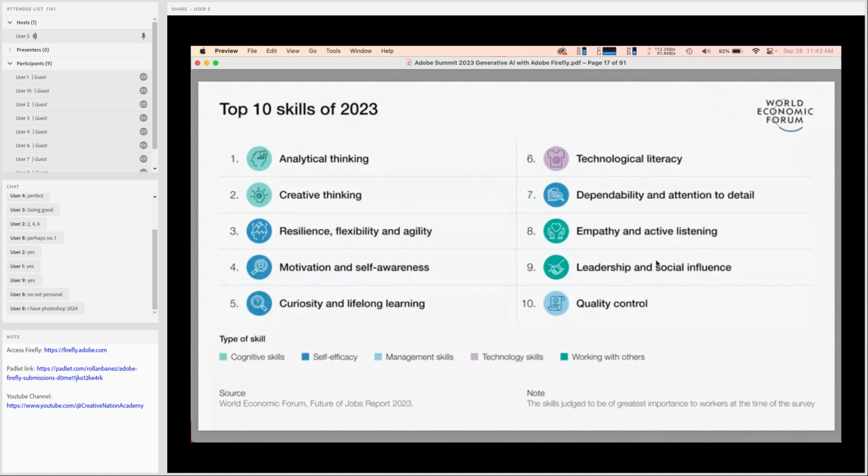There is what we call a human touch, or a human side of things still, even if you're using AI. Your humanity has not been diminished in any shape, way, or form, because you still have to use analytical thinking, creative thinking. This is based on the World Economic Forum, the Future of Jobs report 2023, and you would see that all of these top skills for 2023 are generally driven by the human condition itself, right?